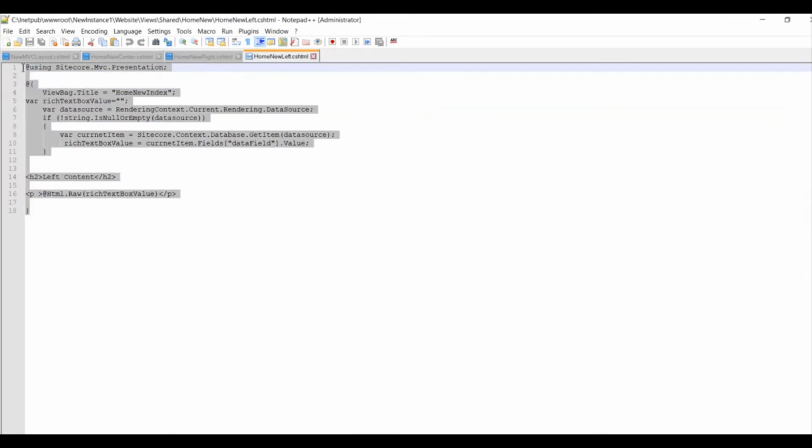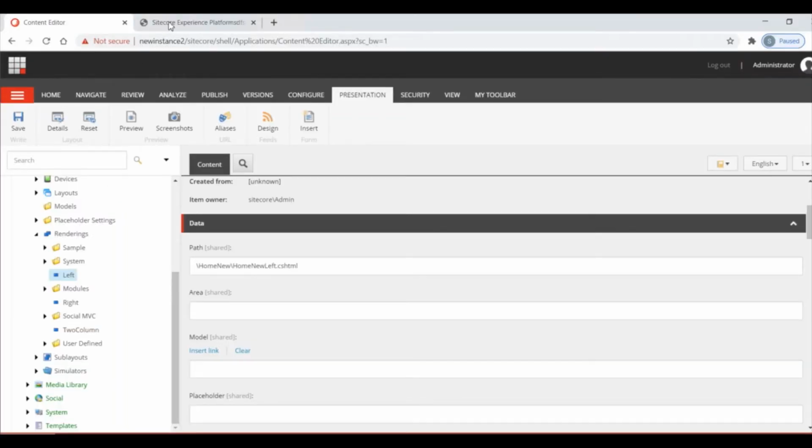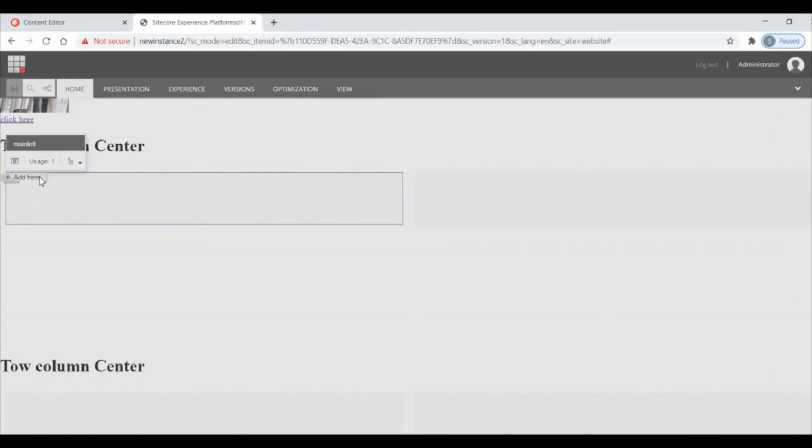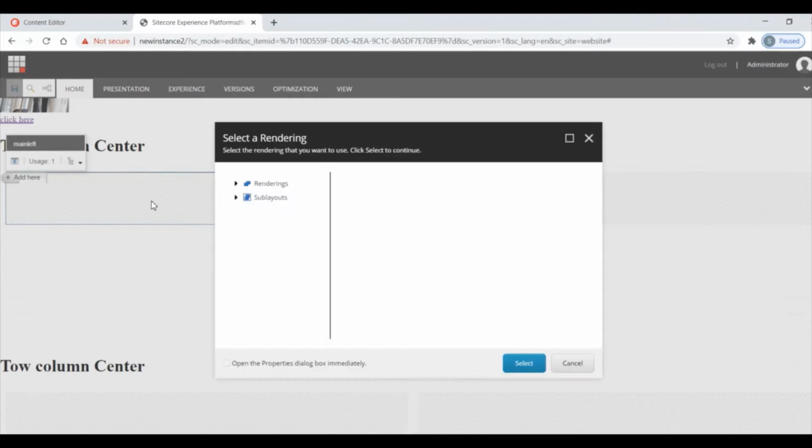Now let us see how this will behave. On the home page, I'm selecting a data source for this. First I'm adding the left component. I think it will take some time. Adding the left one.